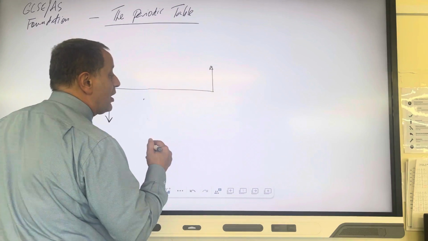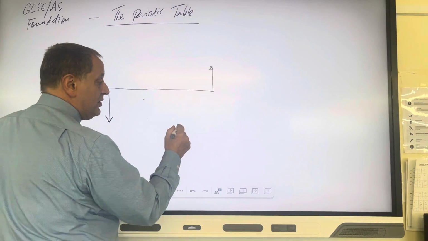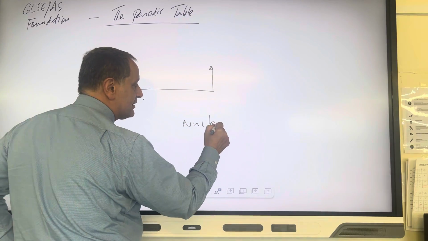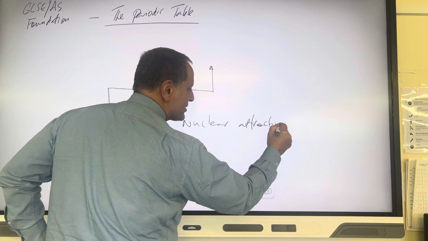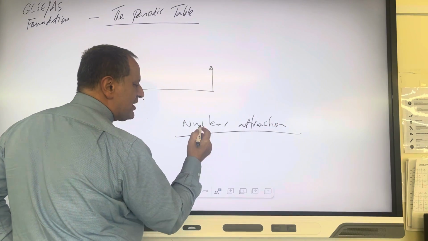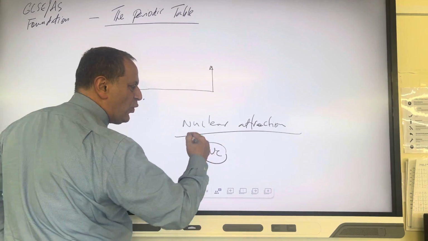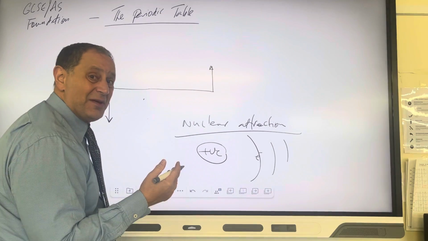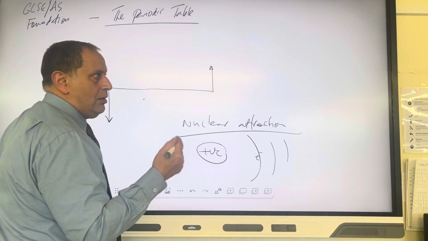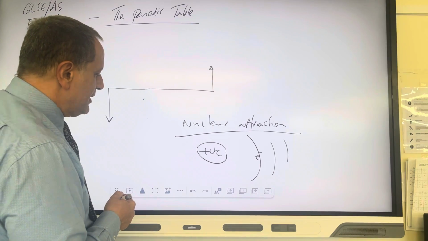And this is something that I want you to keep in your mind all the time: nuclear attraction. The nucleus is positive, and what is it attracted to? The electrons in the orbitals. Now, it therefore follows that if you have,